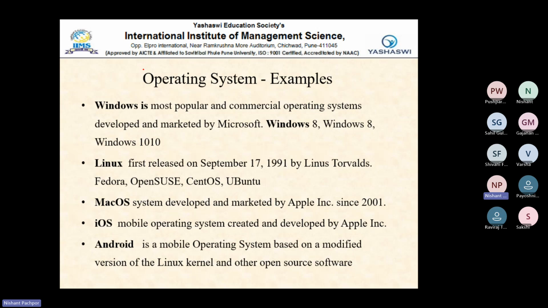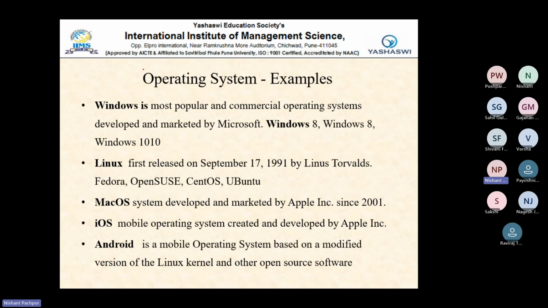Android is again most popular in mobile. That is also a mobile operating system which is based on the Linux kernel. जो Google ने design केलेली सगळ्यात पहिले Android operating systems. So that was designed on the basis of Linux kernel. तर कर्नल हा एक मेन पार्ट असतो every operating system मध्ये. Windows मध्ये सुद्धा त्याचा kernel आहे, Linux मध्ये त्याचा kernel आहे. That kernel will control your complete system of all the operating systems. So on the base of the Linux kernel, they have designed the Android operating system, which was designed by Google, and